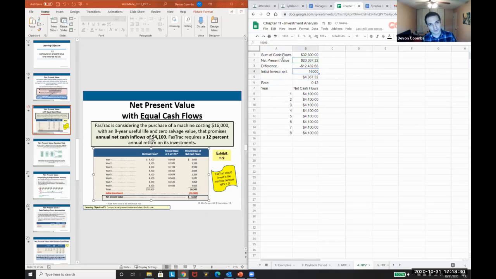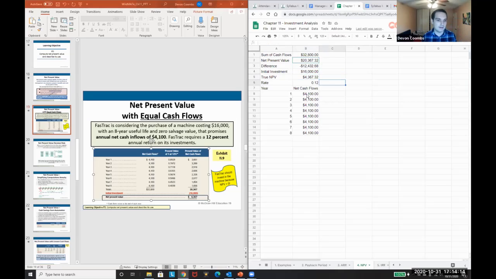So if we make this purchase decision, this is about the best information we could get. True NPV. This is about the best investment information we can get. We can say if we spend $16,000 today, we will get a net present value of $4,367. So we can now look at a comparable investment and decide what makes us more money based on the similar rate of return. This can get a lot more complex. You can give a different rate of return to each investment stream. I'm not asking you to do that yet, but just be aware this is how the calculation is done,